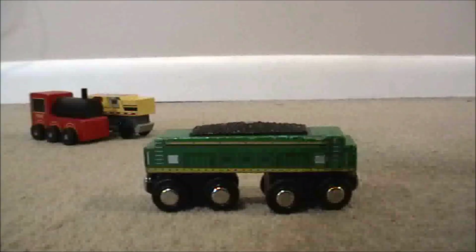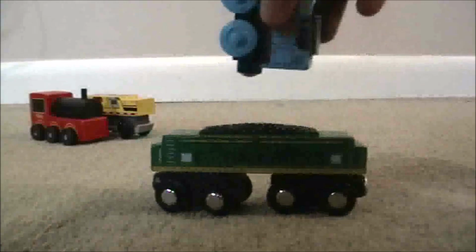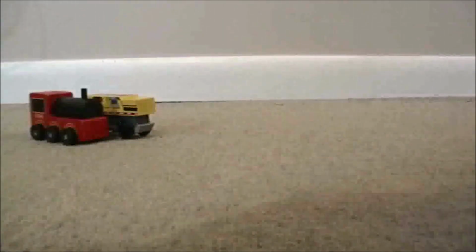Next, we have this coal car or coal hopper thing. A majigger, maybe it's a tender, I'm not really sure. As you can see, it's kind of funny. You can't remove this load, but it does have a magnet on the top. So let's experiment here. Does that work? Okay, it's not big enough to pick it up. As you can see, there's a little jump on the bogies right there, but it doesn't pick it up. I find it funny, on the side of it, it says